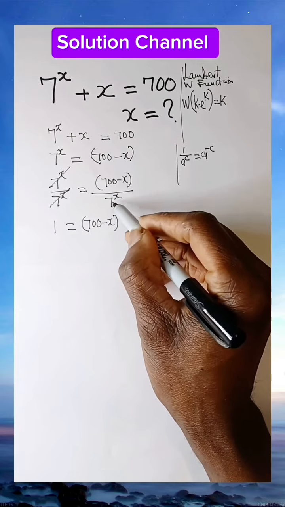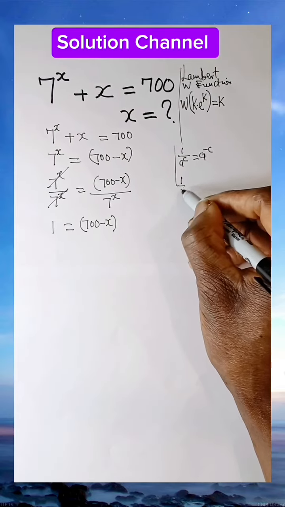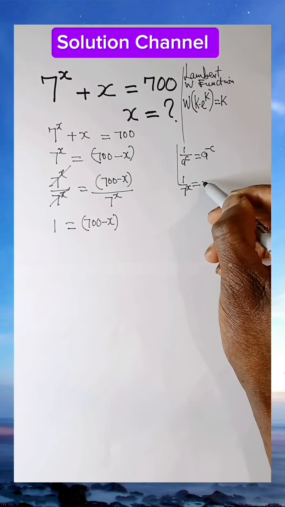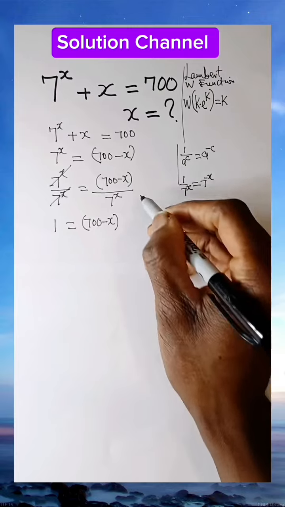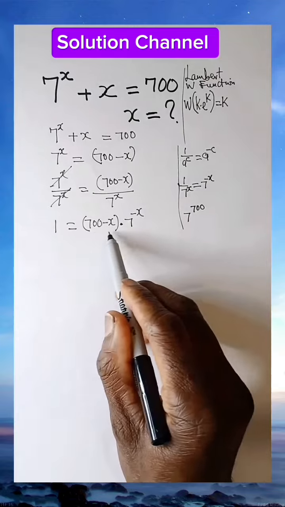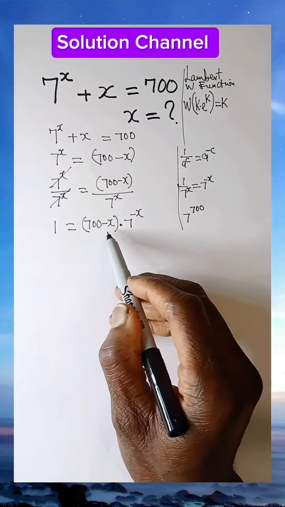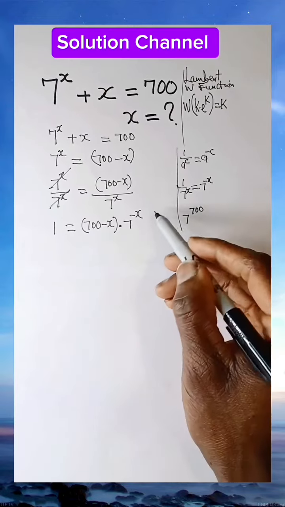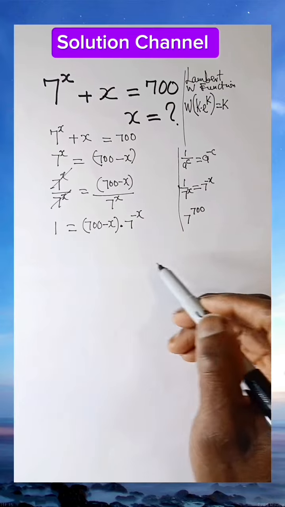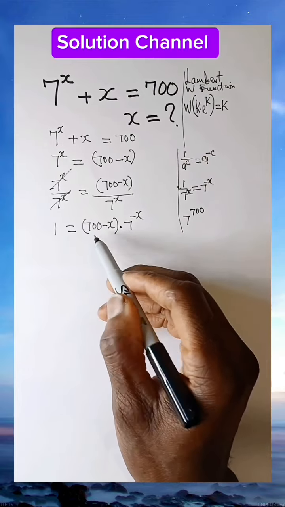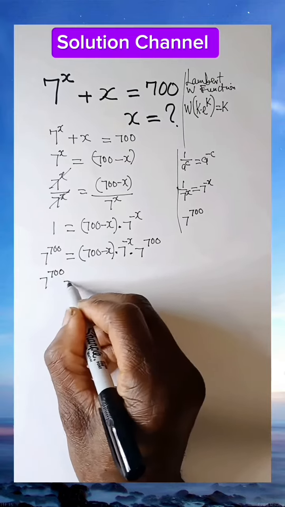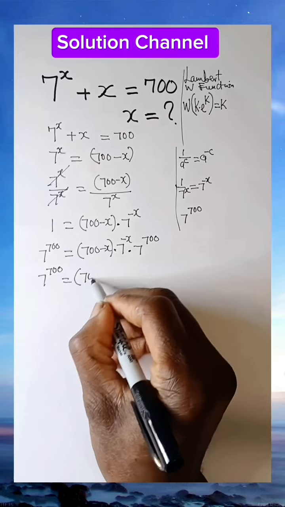Here we have 1 over 7 raised to the power of x. 1 over 7 raised to the power of x is equal to, if we apply this rule, 7 raised to the power of minus x. So we are going to have times 7 raised to the power of minus x. In the parentheses, we have 700 minus x. I want to replicate this 700 minus x in the exponent. To achieve this, I am going to multiply both sides of the equation by 7 raised to the power of 700. Okay? We have 7 raised to the power of 700 is equal to 700 minus x